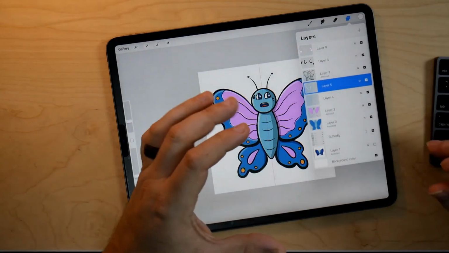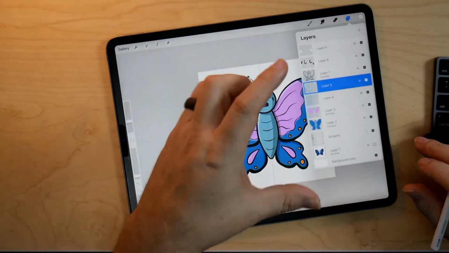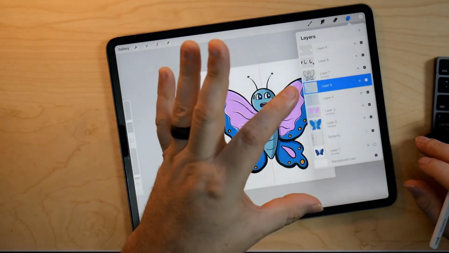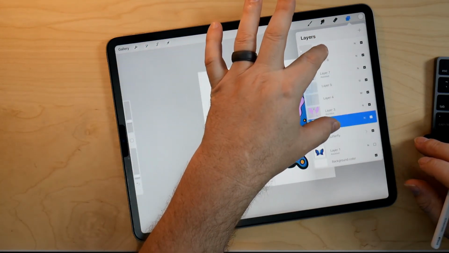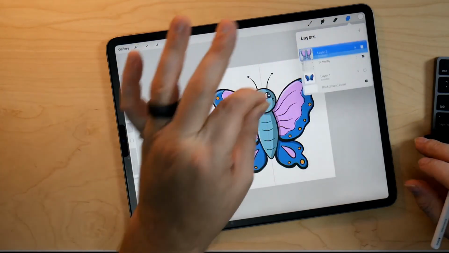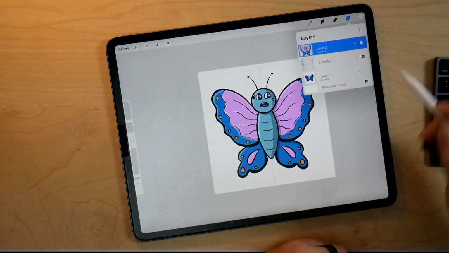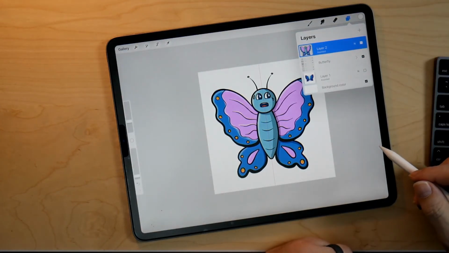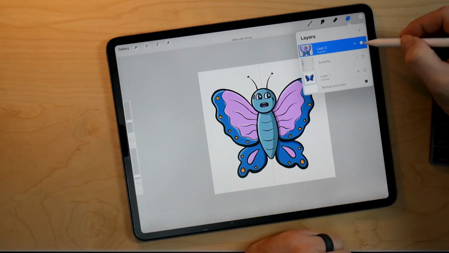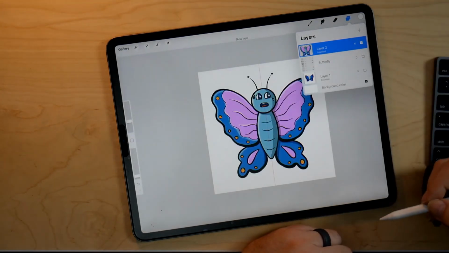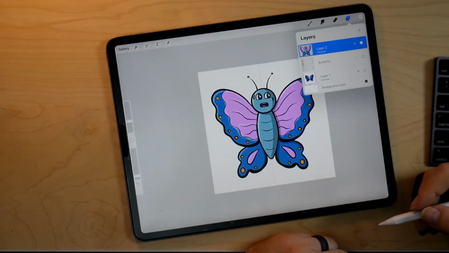And same as before when I showed you that you could take two layers and pinch and merge them together, you can do that for lots of layers. So I'll pinch all these together, and it creates one image of everything all together. So I'm going to turn off both of those, and you can see that I have one that